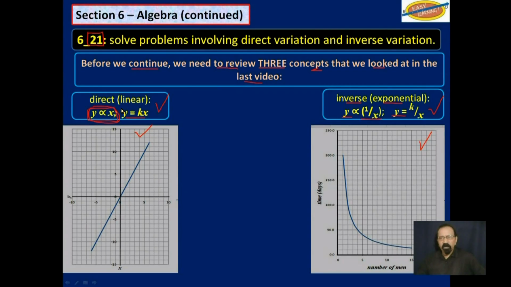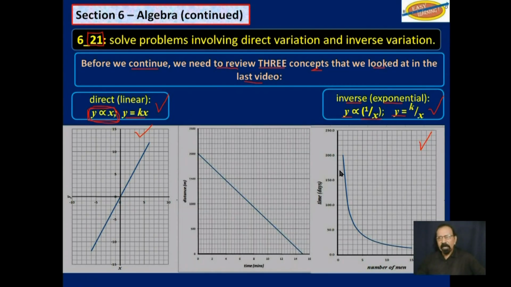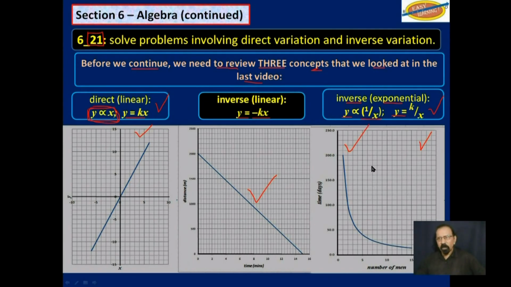But as we saw, there was a little problem, and we didn't get a formula for this one. Well, it is also y varies inversely with x, except it is not this one over here. So to work out questions like this, we actually need to consider k as negative. K, of course, is the gradient. So over here on the left, direct, the gradient is positive. This one in the middle here, it's negative k. And we will look again at two such questions that we already considered in the last video.